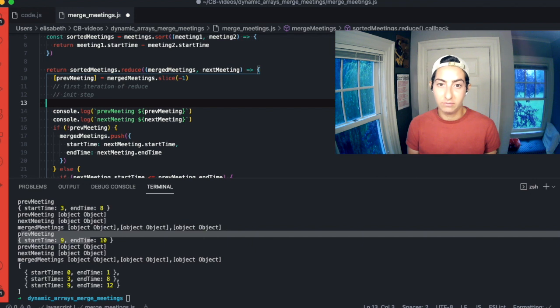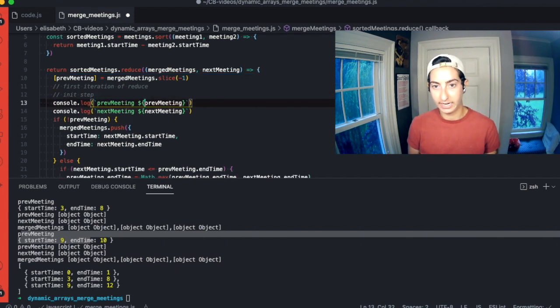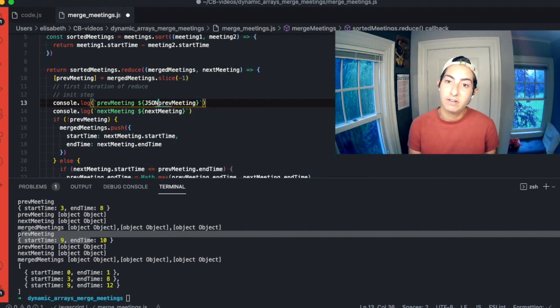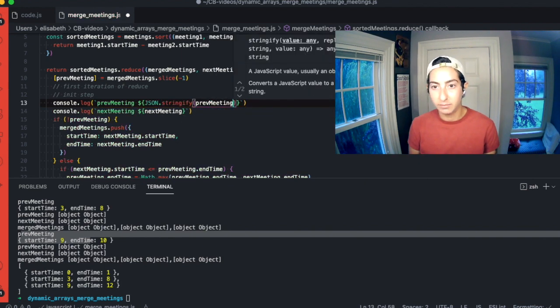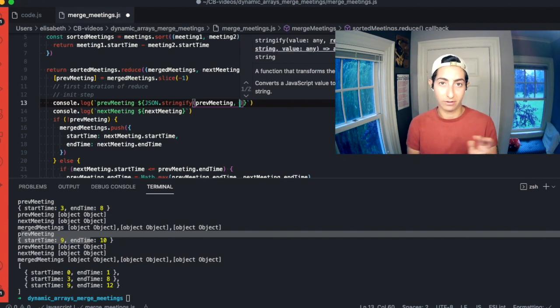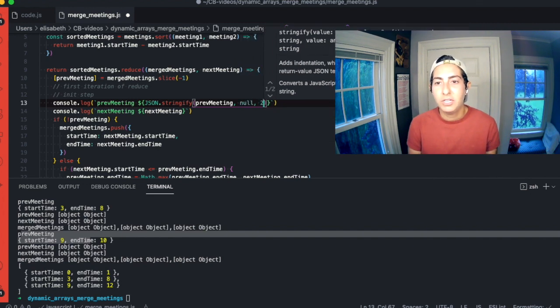Another thing you could do though, and this is a cool trick that I think someone at some company told me way in the beginning of my career and I use often, is you can JSON stringify. We can just stringify this object, and if we want to have it printed in a pretty way, we don't want the object just all on one line, you can do JSON.stringify previous meeting, and then the two other parameters that you pass, one is indentation and one is spaces, something like that. I don't know, someone look this up and write it in the comments, but you can just do null